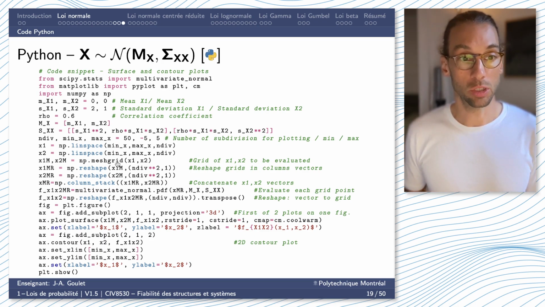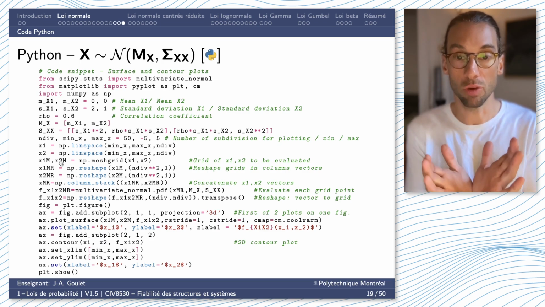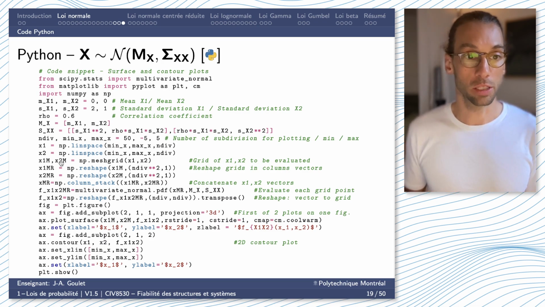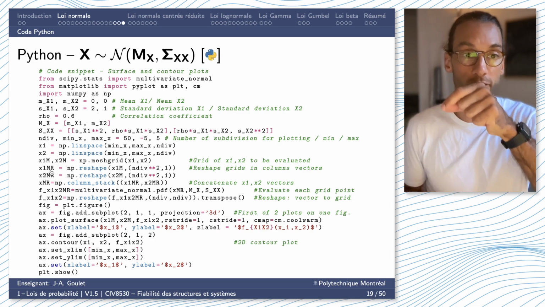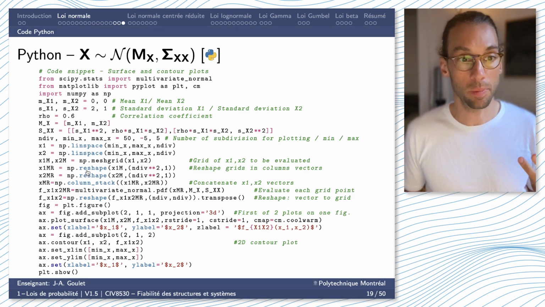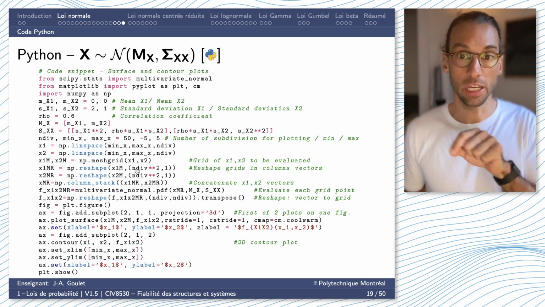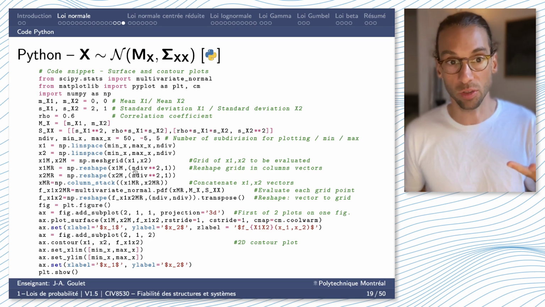So I'm going to do this using meshgrid for my two vectors x1, x2. These are going to give me two matrices that are matching grids for my two coordinates. Then to evaluate it, I need to reshape these two grids into two vectors. So I'm going to use the reshape command. And if I have ndiv dimensions along each direction, the size of the vector is going to be ndiv squared